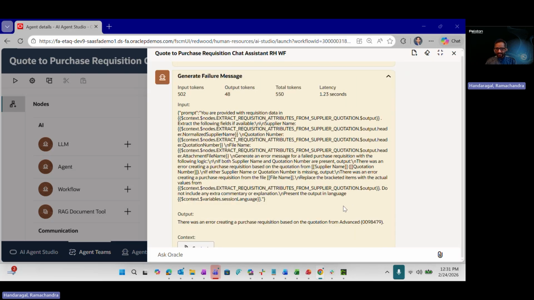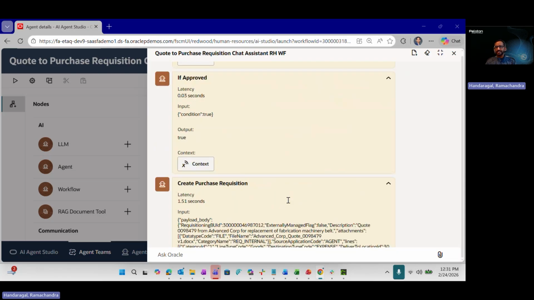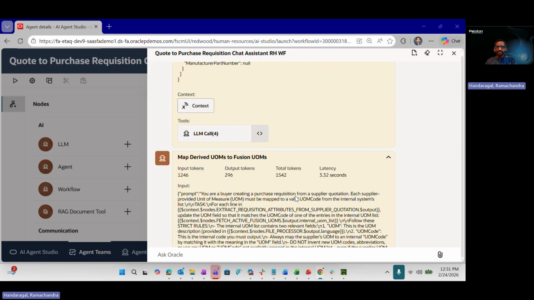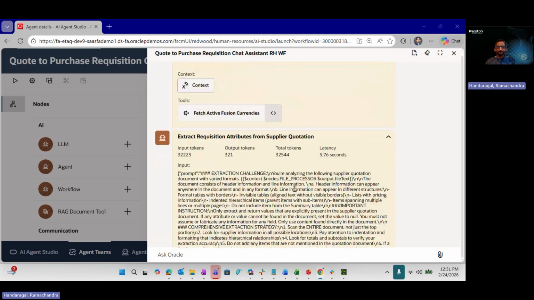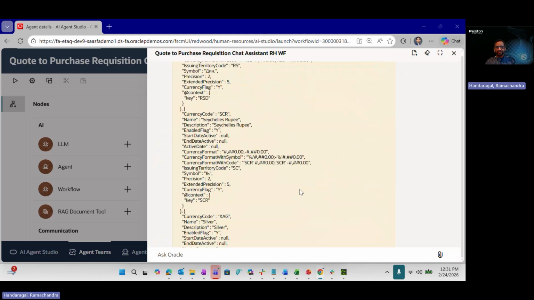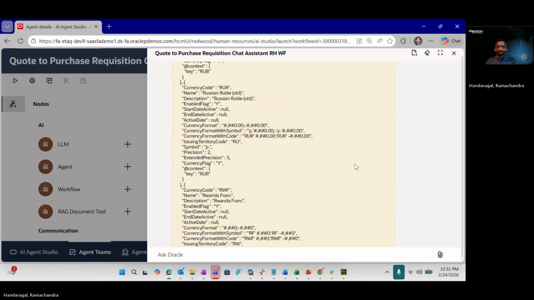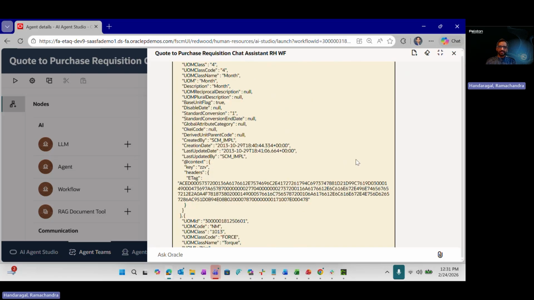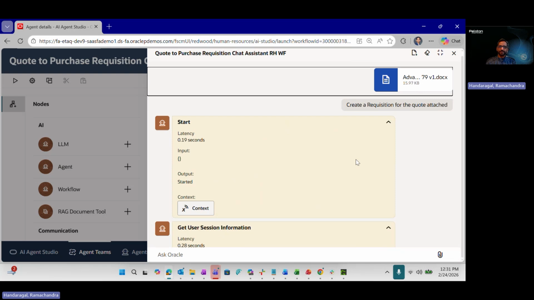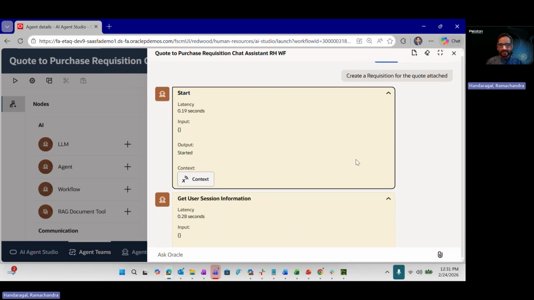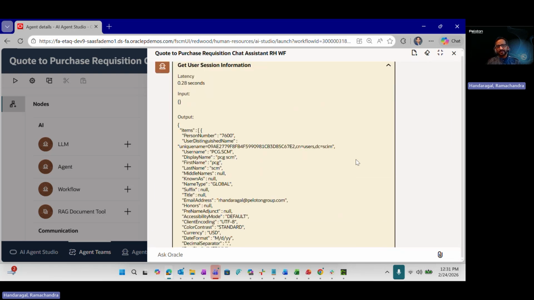It is giving some error since the morning, but I just wanted to show that all the nodes did pass through, right? It will tell which node it did. So let me start from the beginning. These are the currencies it did go through. Yeah. So it started, it read the document, it tried to find the intent, and before finding the intent,